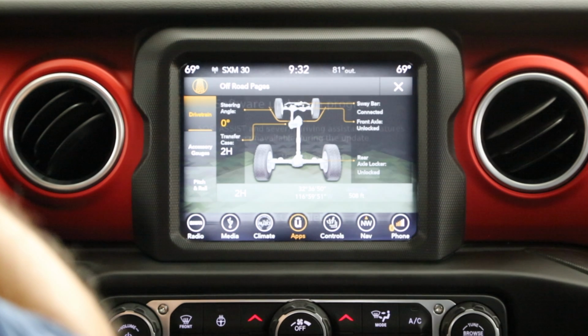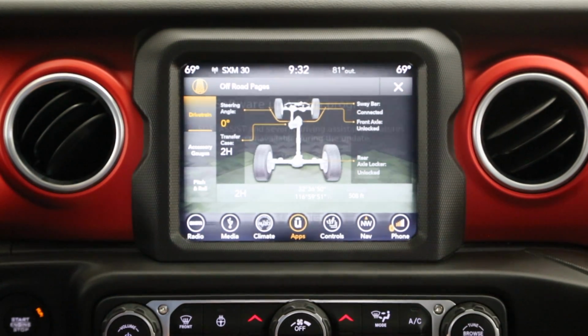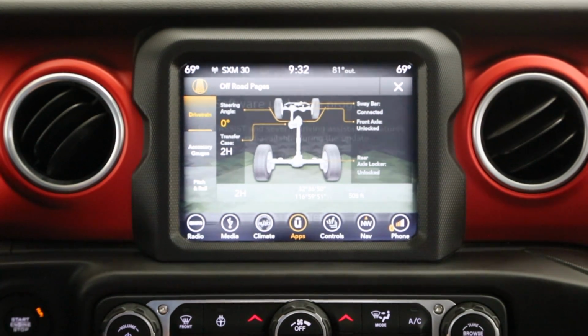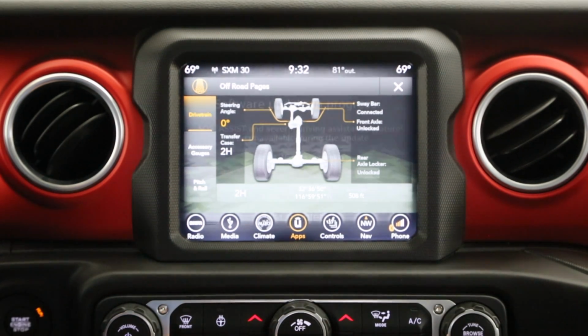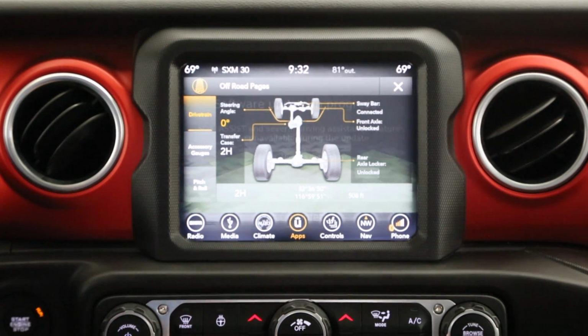Okay, so this page is the driveline page. And by the way, these are very similar to the displays you see on the center dashboard in the JL. That kind of shows the condition of your vehicle and what it's doing when you're on the trail. So this drivetrain page tells you a lot about how your four-wheel drive system is configured when you're out on the trail. So right now I'm in 2 high, as you can see right there. That's where the transfer case is. The sway bar is connected, the front axle is unlocked, and the rear axle is unlocked,